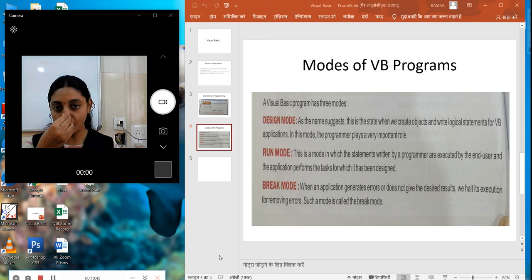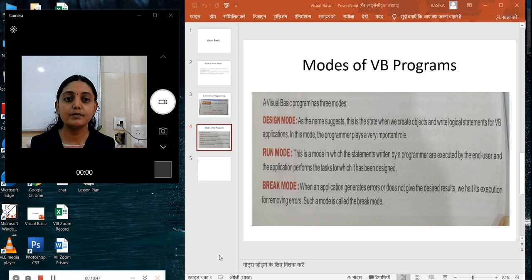Now run mode. This is the mode in which the statements written by a programmer are executed by the end users and the application performs the task for which it has been designed. Now run mode means what? Suppose I have made the design on my chart paper, and now I am giving this design to another person, so that he will stitch that dress for me.